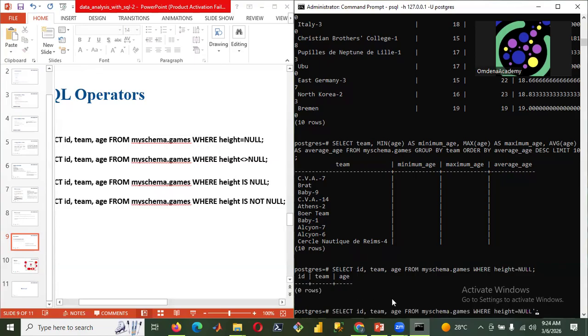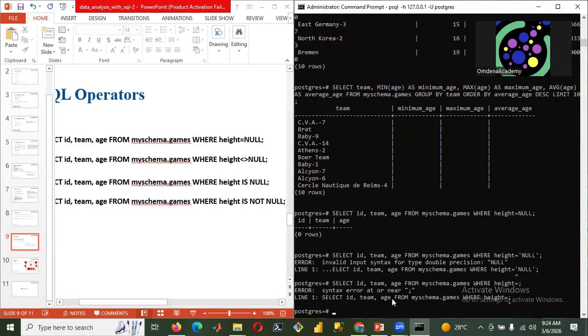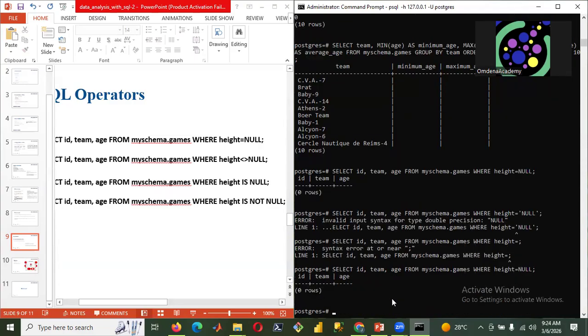So you see, it's telling us no. Let me see. I think let me put this as a string. Yeah, this is an error, because it's expecting double precision. I'm trying to figure out why those that are empty are not displayed, right? So let's say I did this. Let me see what it does. It's expecting a value. It should be null by default, but I don't know why it's not. Ideally, when you put null, it should filter out those that are empty. But it's telling us that,